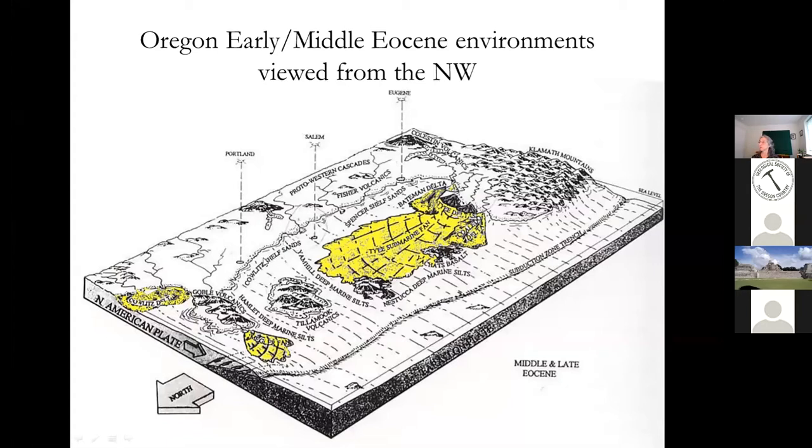And this was during the middle to late Eocene, so around 40 million years ago to about 35 million years ago, or maybe 30 to 40 million years ago. This part of Oregon did not exist, and our shoreline was over here, just in the Scotts Mills area or the Silverton area. Now, the Klamath Mountains, though, existed in this part of the state, and they were eroding the sandstone, this is the Tyee sandstone, into this bay.